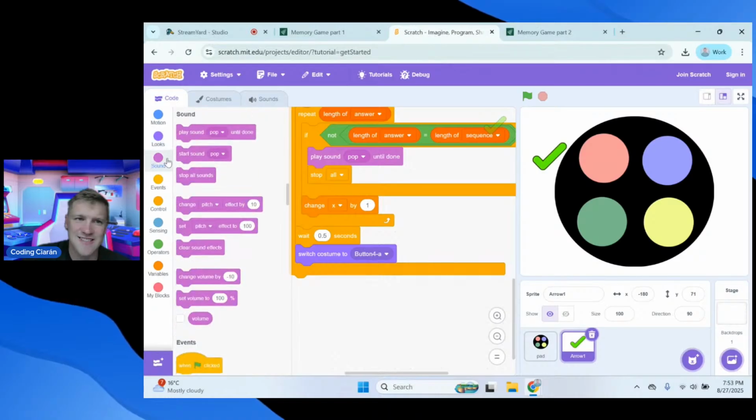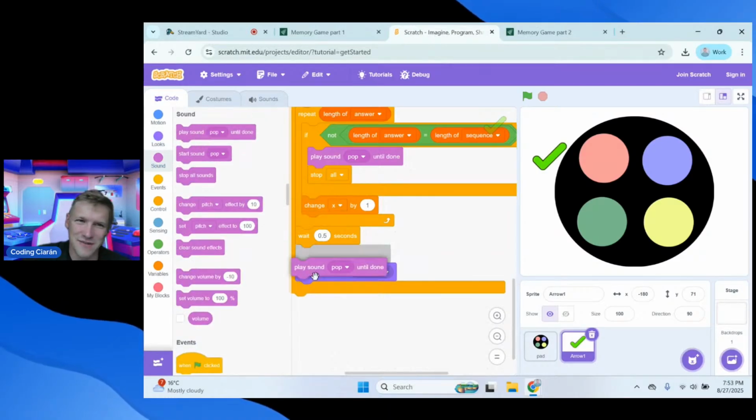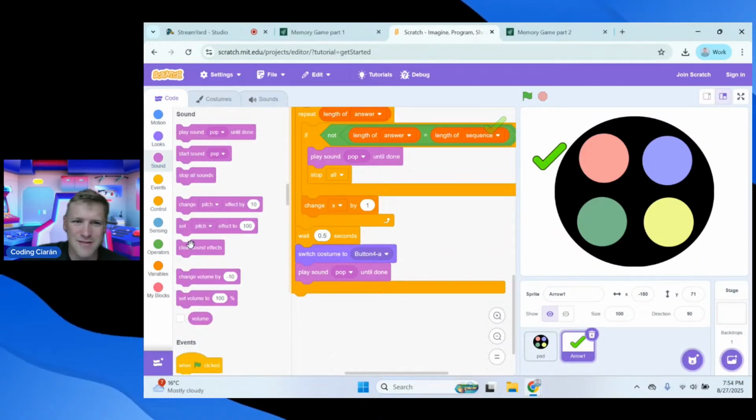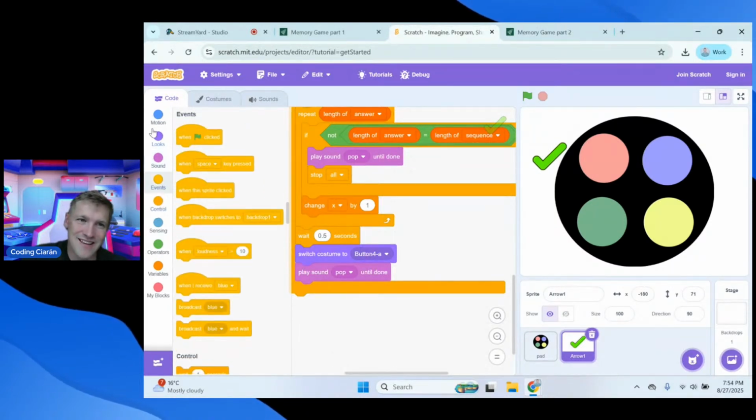Play sound. I'm going to say pop. They used to have a better sound library on Scratch, but it's gone now. Play sound pop until done, and then switch costume back to